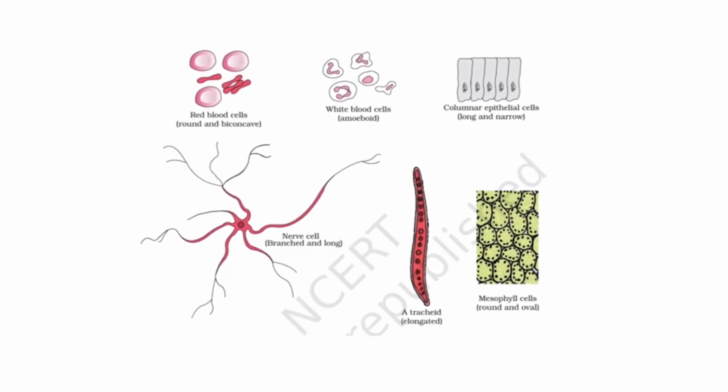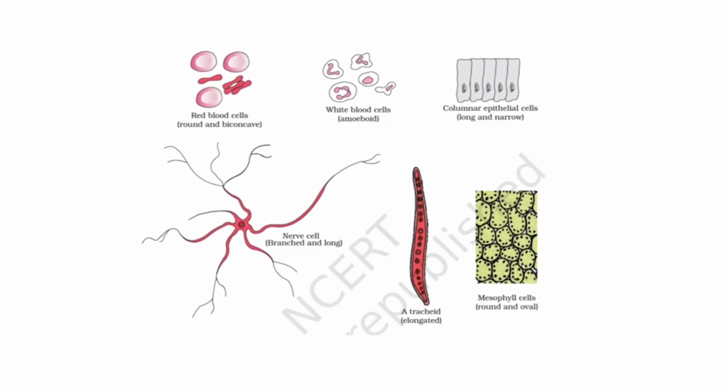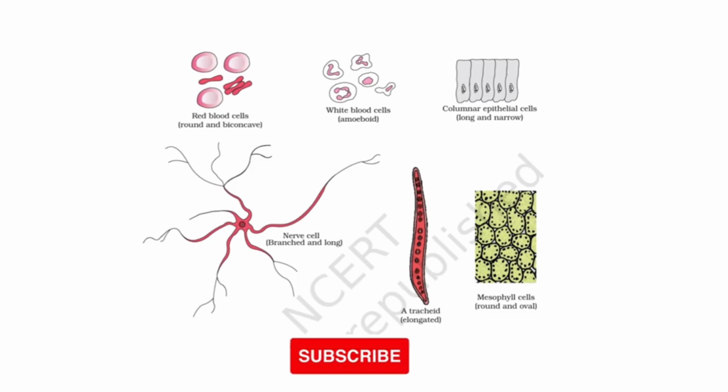Now different types of cells: nerve cells transmit nerve signals, RBC, red blood cells, transport oxygen, muscle cells contract, and epithelial cells form a barrier. So they perform different typical functions depending on the type of